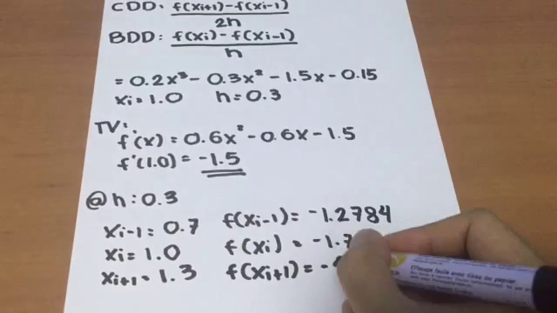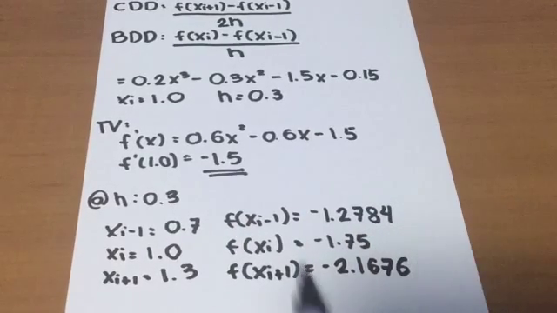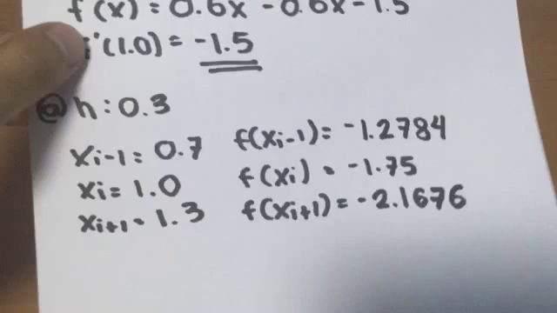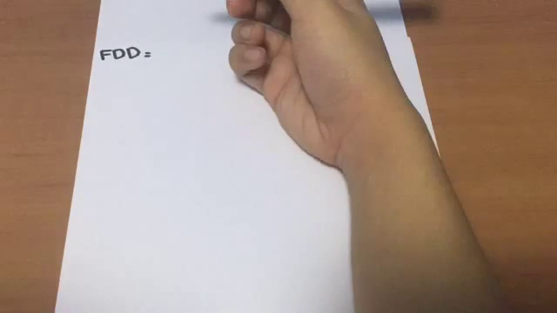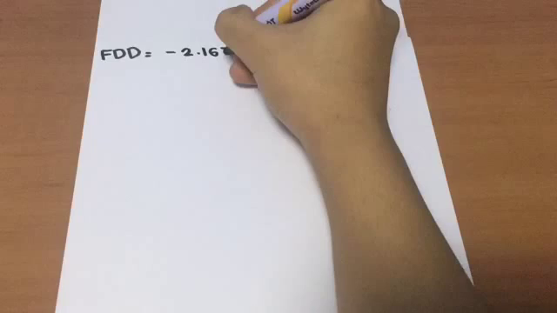and we have negative 1.2784, negative 1.75, and negative 2.1576. After getting those, we just substitute those values to the equation as asked. For our FDD, we have